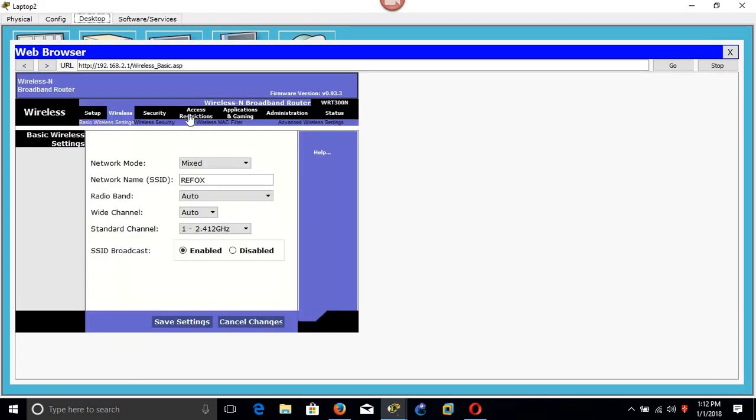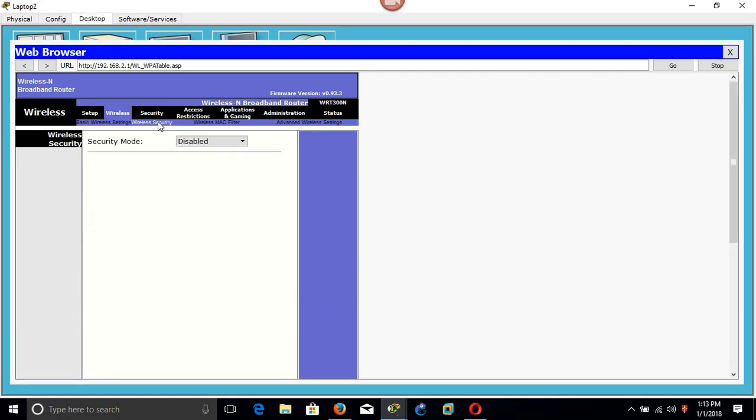Settings are successful. The next thing is we have to configure the wireless security. We need to secure our wireless so that only authorized people will be able to access our wireless internet. Okay, security mode by default is disabled, but what you need is to go to enable. These are different types of authentication.